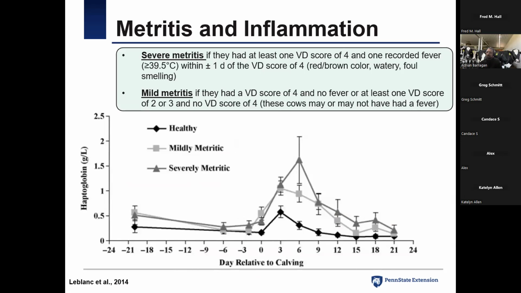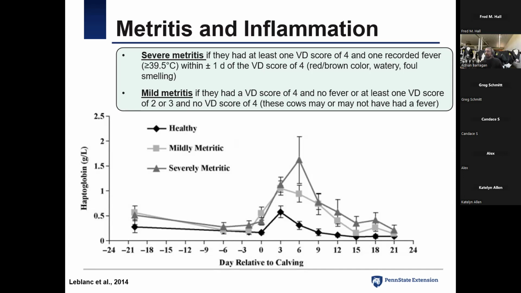One thing I want to dive right into, because it is such a hot topic, is the link between inflammation and metritis. Everybody here knows that metritis is an inflammatory disease. It is basically a colonization of bacteria of the reproductive tract that causes infection and inflammation. But inflammation is actually happening before, and it is a predisposing factor for metritis. Of course, there is more inflammation associated with the actual infection, which is the disease, metritis. But cows that later develop metritis will have higher inflammation before that.